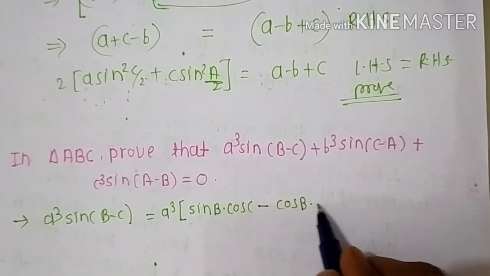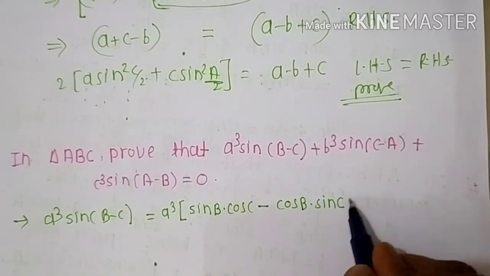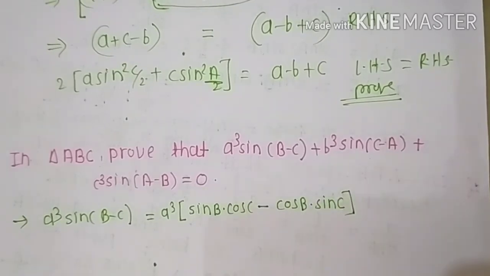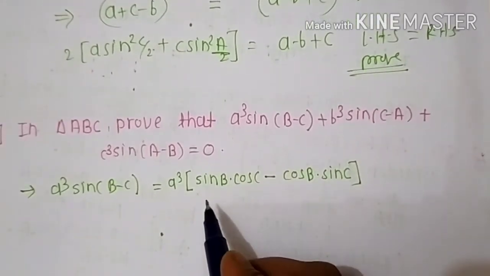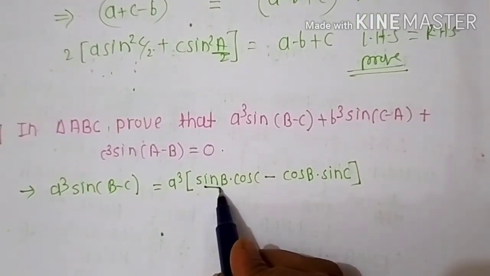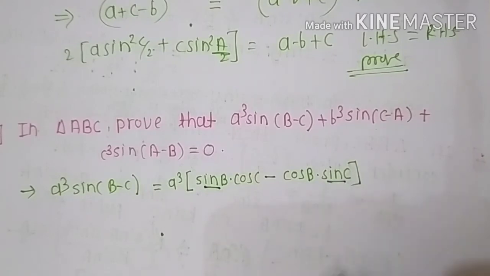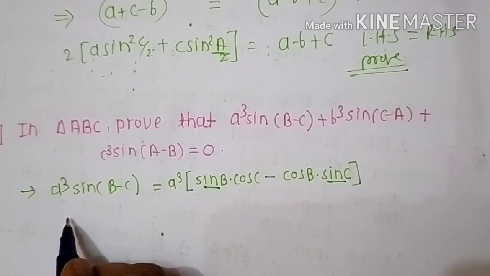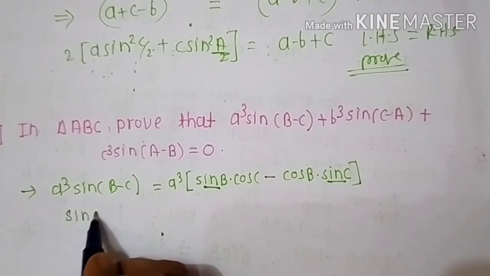cos b into sin c. Okay. Then in order to use the sine rule, we have to use the different forms of sine rule. But here we want the value of sine b and sine c. Then in order to find the value of sine b and sine c, we apply the sine rule of the form,